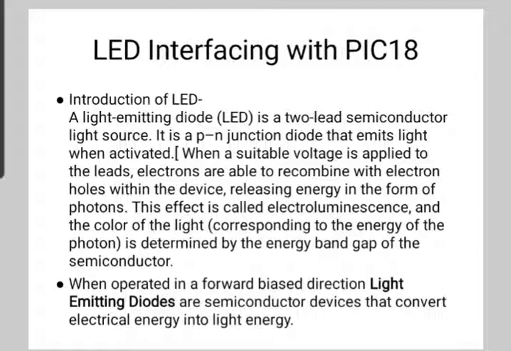So common anode: in this mode the anodes of all LEDs are connected to VCC, that is logic high, and the cathodes are connected to the port pins of the controller. To turn on the LEDs, we are required to send logic 0 from the controller, for example PORTB 0x00. And common cathode: in this mode the cathodes of all LEDs are connected to ground, that is logic low, and the anodes are connected to the port pins of the controller. So to turn on the LEDs, we are required to send a logic high from the controller.